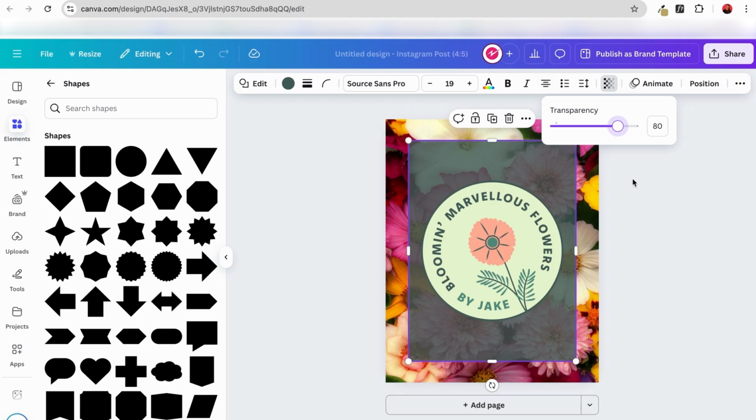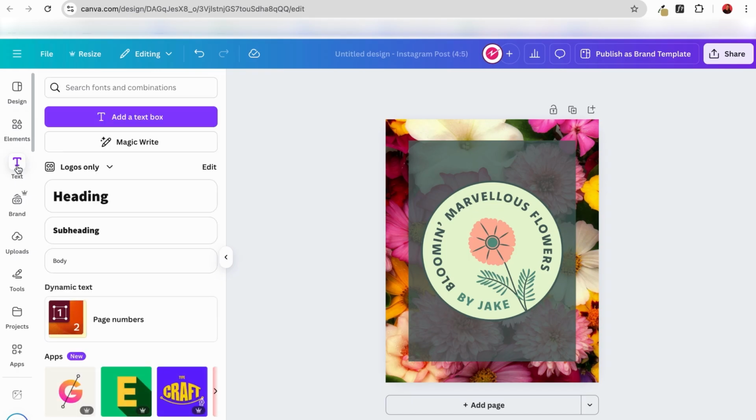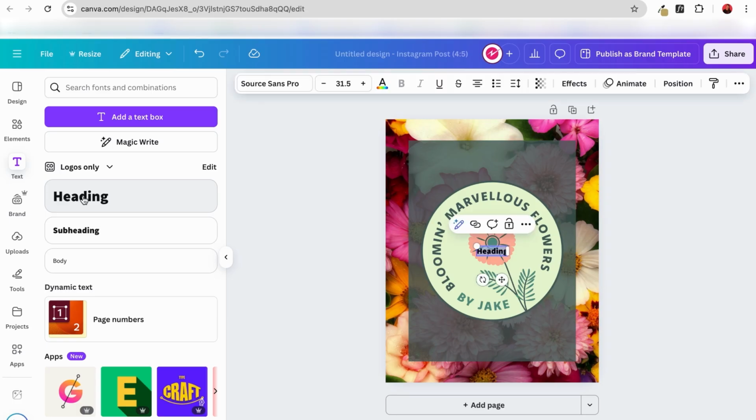So I'm going to click off that, and we've got our design so far with our 3 layers, our shape and our transparency, which we've looked at. Now we're going to add some text. So we've been in the elements panel on the left hand side. There is a text panel, and I'm going to add a heading, and I'm going to just add the copy,